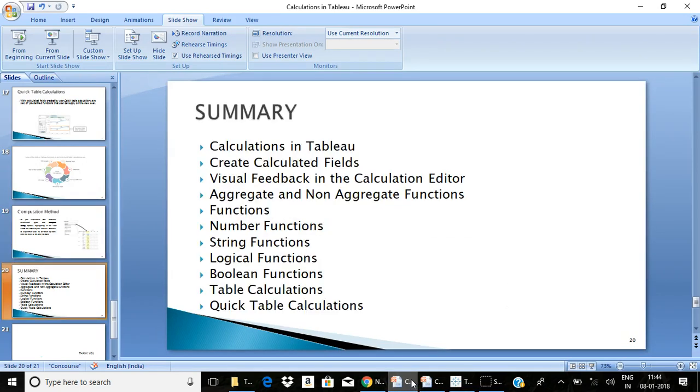I hope in this video you learned about how to create calculations and different types of calculation and what is the difference between basic and quick table calculations. In advanced course, LOD calculation would also be explained, but as a basic course, if you are very thorough with the basic calculations and quick table calculations, it's ready enough to be a good Tableau developer.